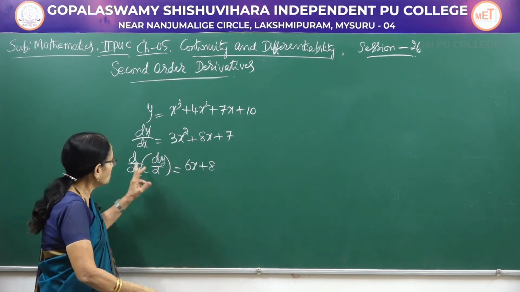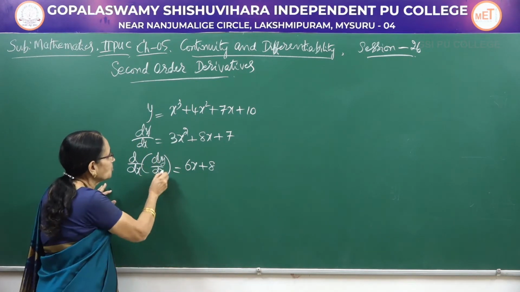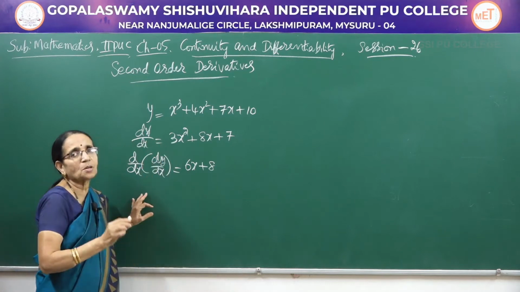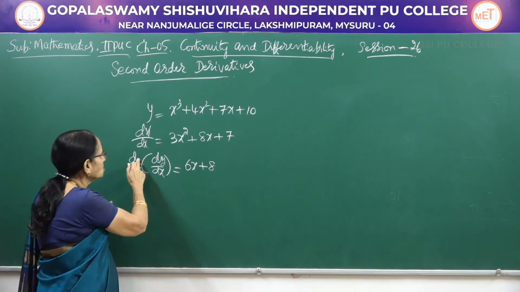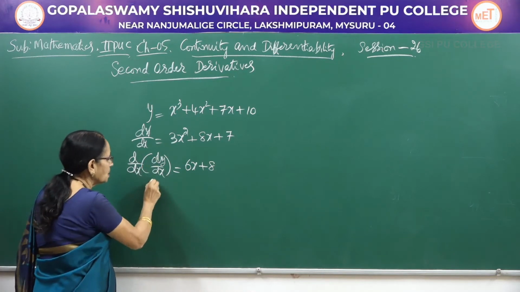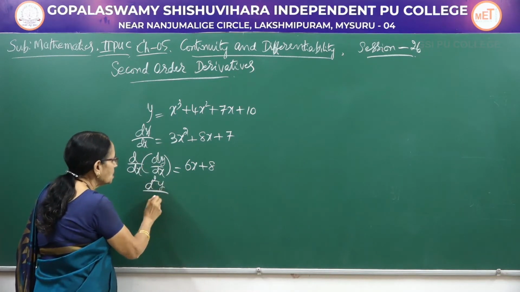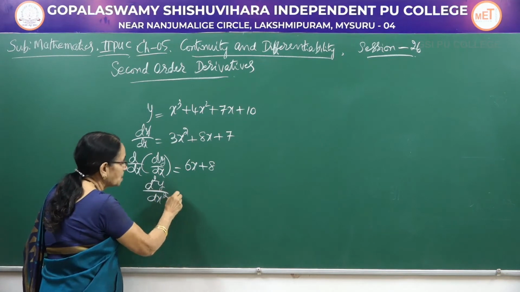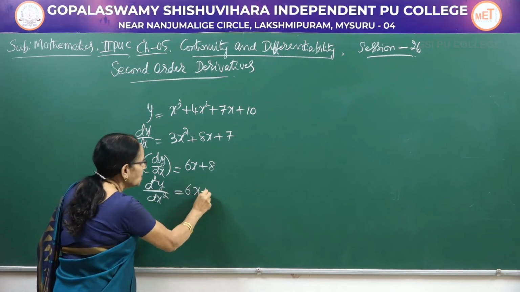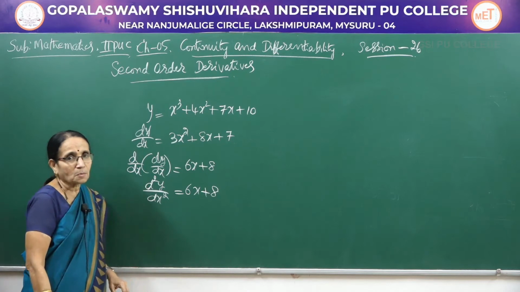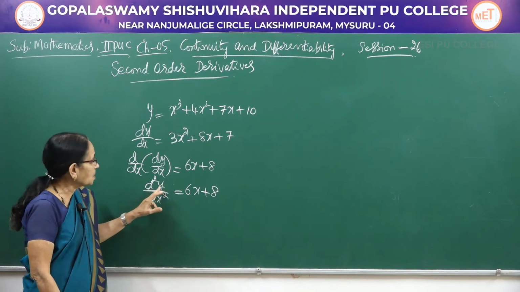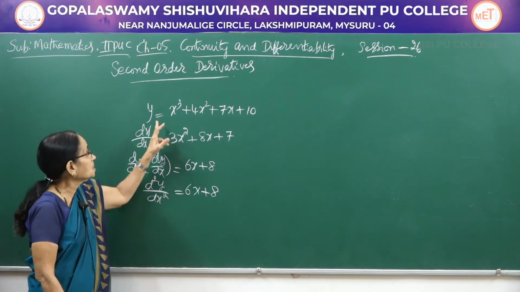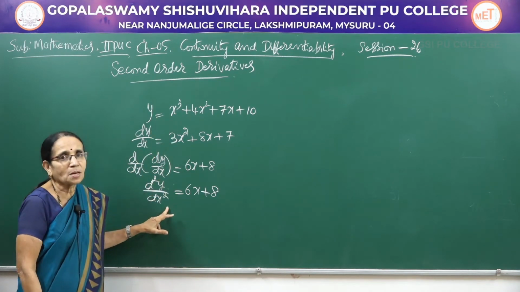Now, once we differentiated, we wrote it as dy by dx. Now, the second time we are differentiating. So, d by dx of dy by dx is actually written as d square y by dx square, that is equal to 6x plus 8. See here, this number 2, do not write dy square here, because y is the function which has been differentiated 2 times, that is the meaning of that one.